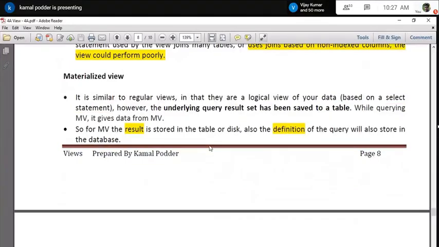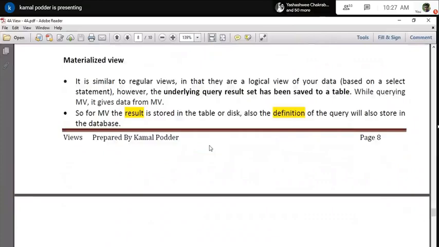And that is the reason they have come up with a new concept called the materialized view. What is that? It is like your regular view. That means you create it like a regular view, there might be some additional syntax, but the only difference is that when it retrieves the data, it will save that data into a particular table inside the database.